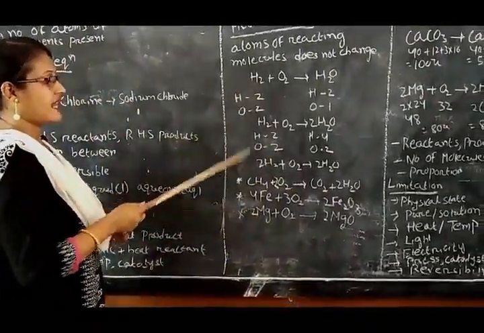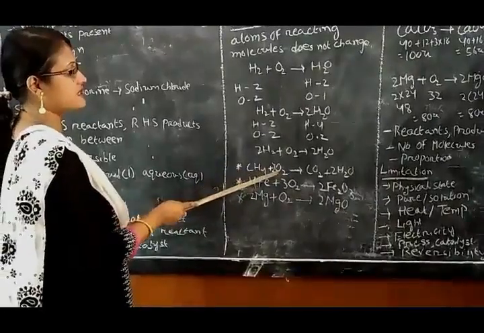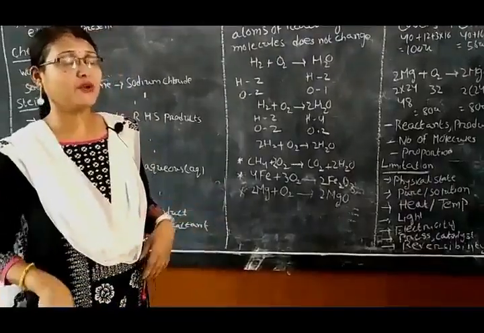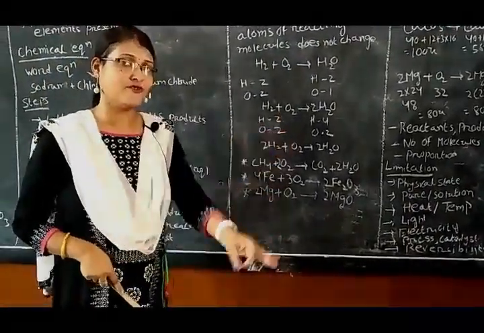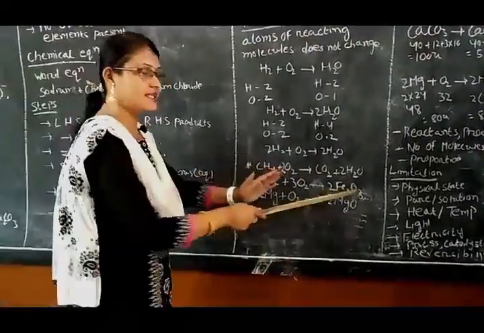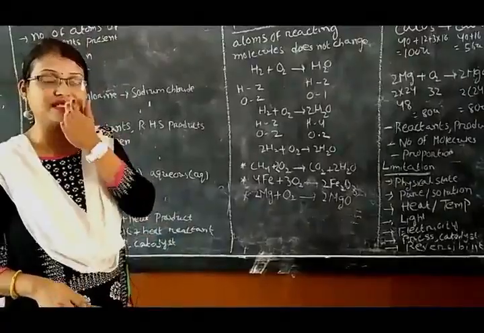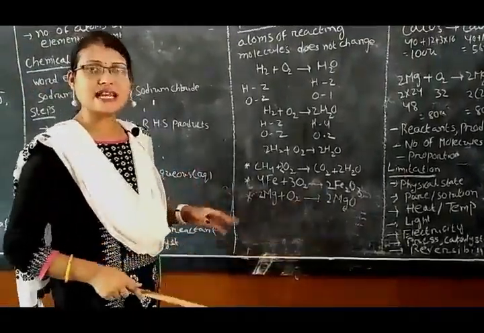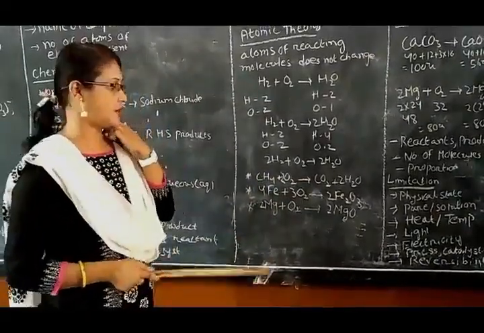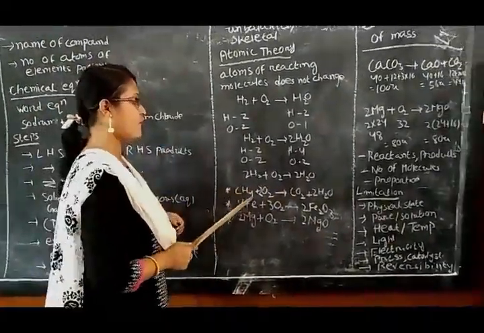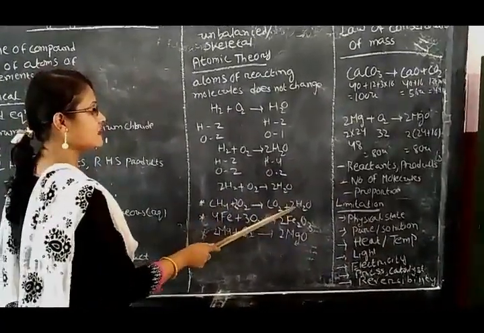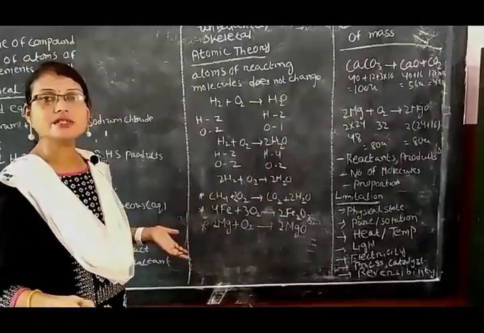We can take more examples like this: methane plus oxygen giving you carbon dioxide plus water. I have explained what we have to do. First step, we have to write the unbalanced equation or skeletal equation. So just write it. Now count the number of atoms in the reactant side as well as the product side and go on balancing them. Here I have already balanced the equation. 1 carbon, 1 carbon. 4 hydrogen, see 2 2s are 4 hydrogen. 4 oxygen, here 2 oxygen plus 2 oxygen, 4 oxygen.